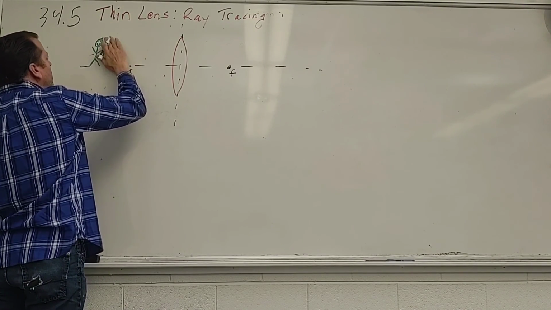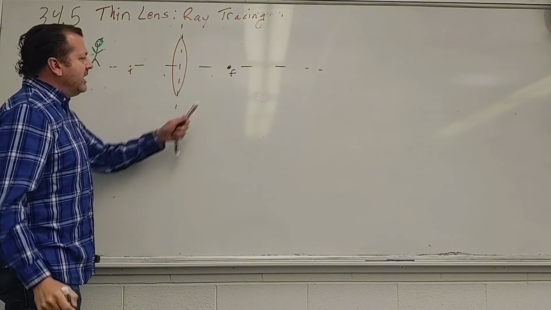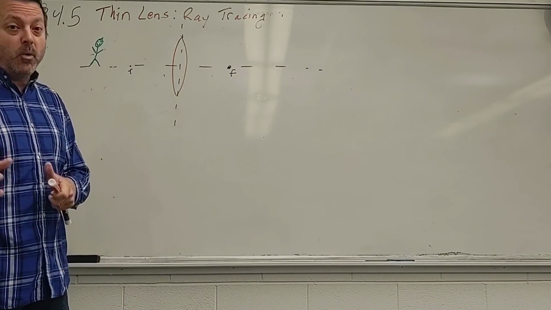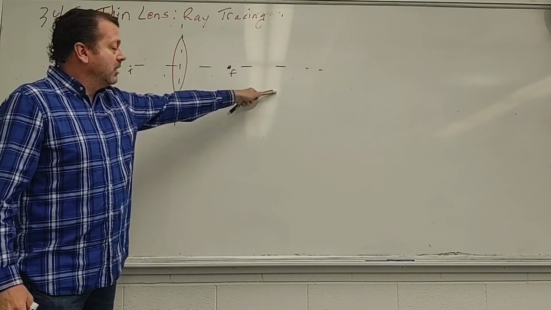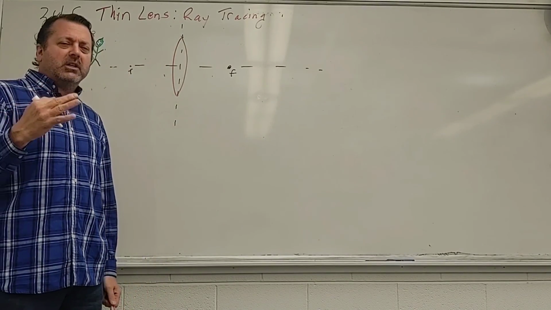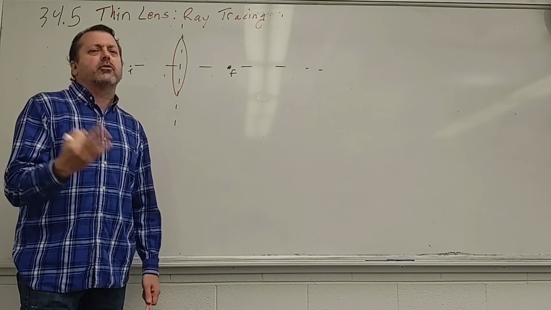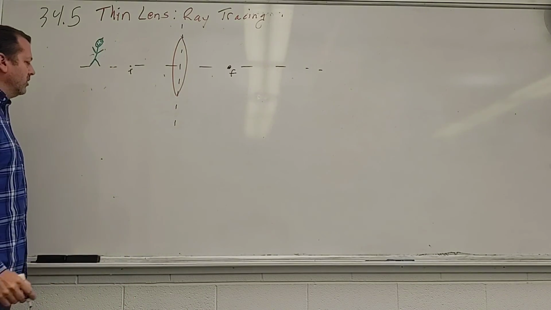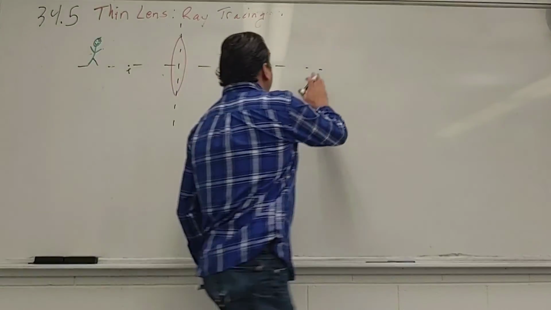But we can trace each one, and each one would focus to a point over here, at the same point at the top of his head. And the book does a good example of all those rays. But I'm going to cut through that a little bit and only teach you there's three we need to use. They call them special rays in here. And the three special rays are